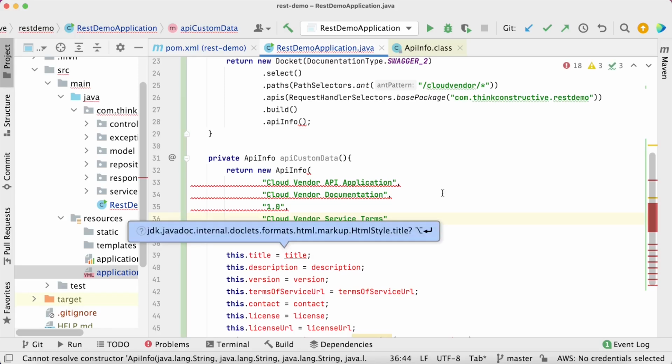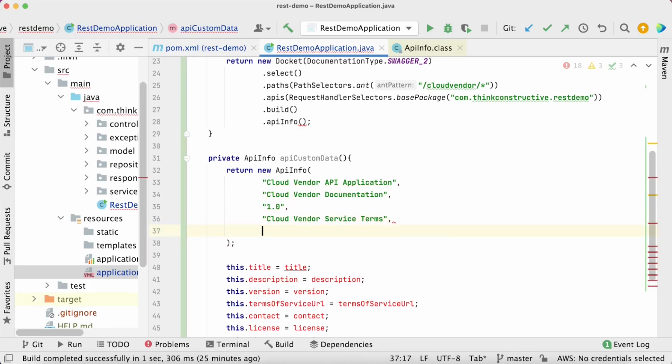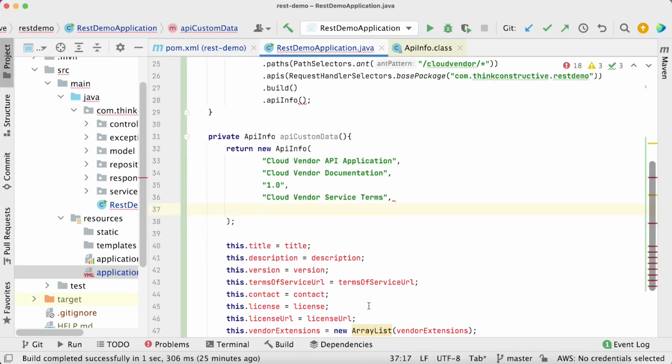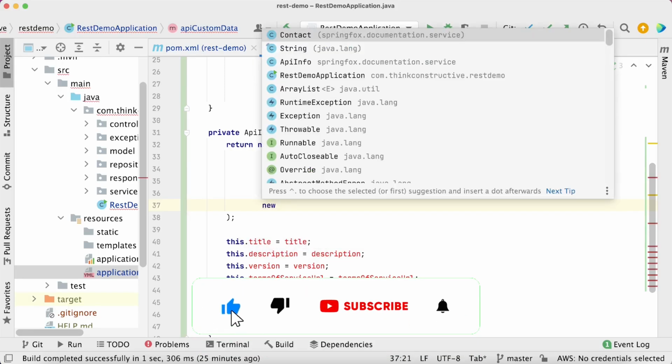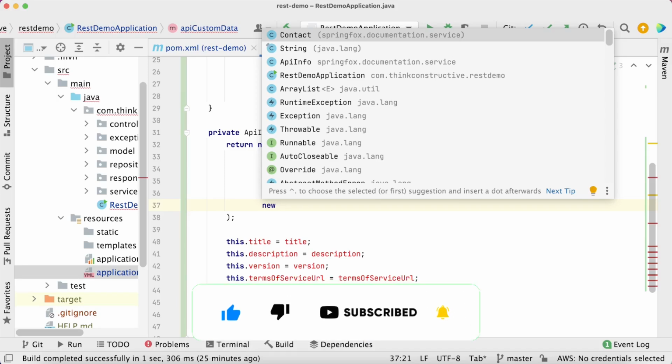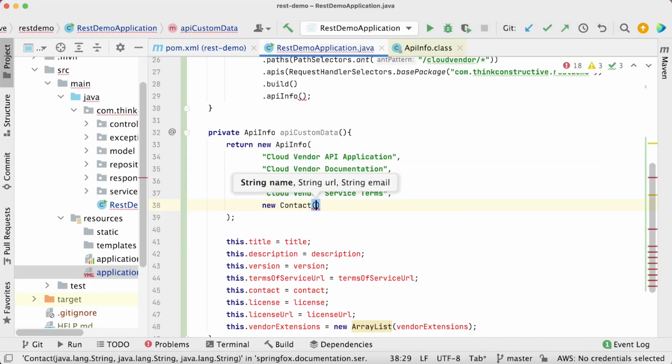Okay. Then next thing, you should notice it is asking for contact. And this contact is not a normal string, rather it is a contact object. Okay. So for that, I should be constructing that contact object. So it is directly suggesting it to me. It comes from Springfox itself. So in that contact object, I should first give the name, URL and email. All three will be strings. Okay. So first, let's say I'm giving my name.